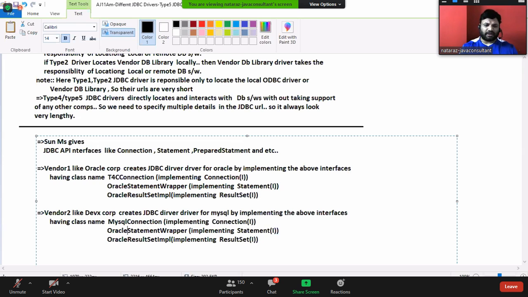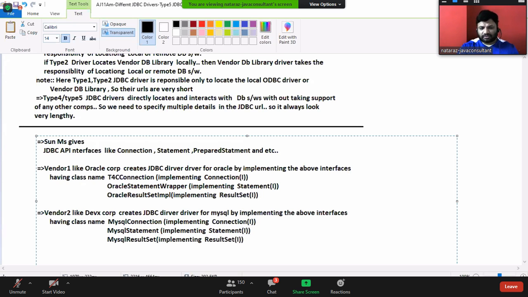Let us assume MySQLConnection, MySQLStatement, MySQLResultSet are the class names.